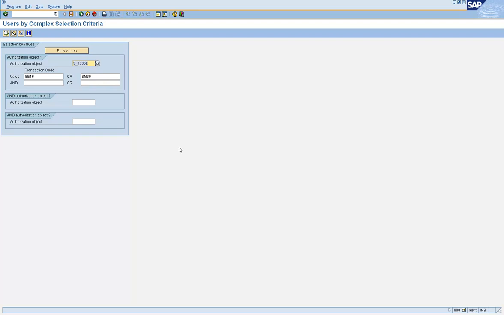By default, whatever gets into S_TCODE is what you enter in the menu tab of the role. Those come here. But you could go to S_TCODE directly and manually add some transaction codes into that object, which means those transaction codes are not in the menu tab.